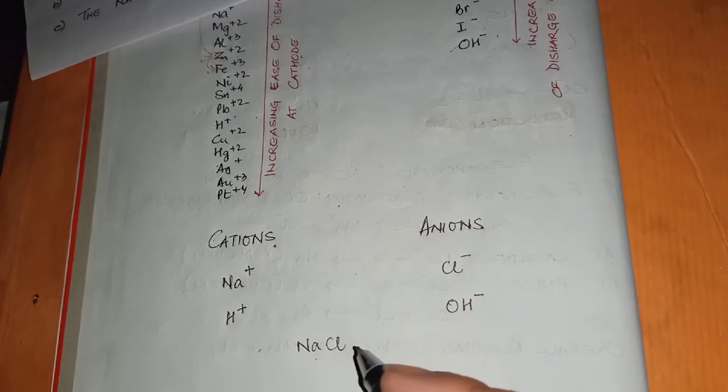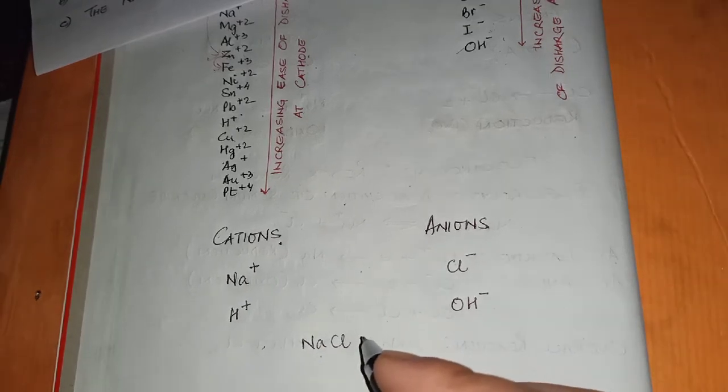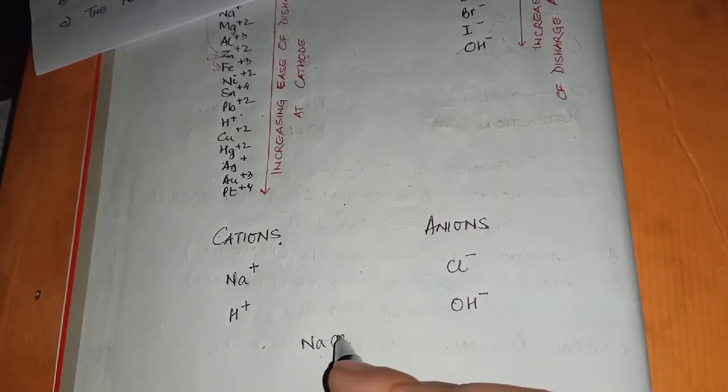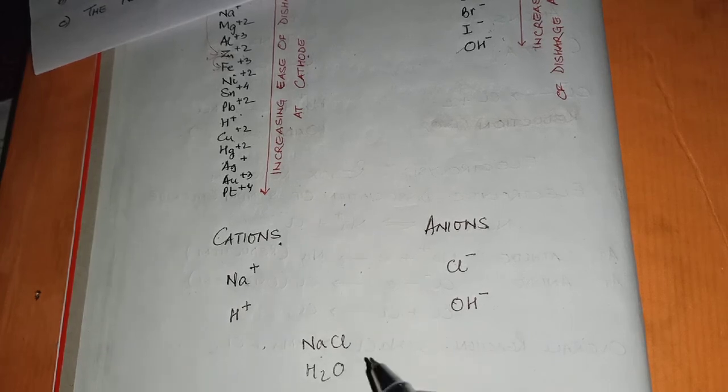Now the mixture of these ions is possible when we take, say suppose, NaCl and H2O. So say suppose we are taking aqueous solution of sodium chloride,